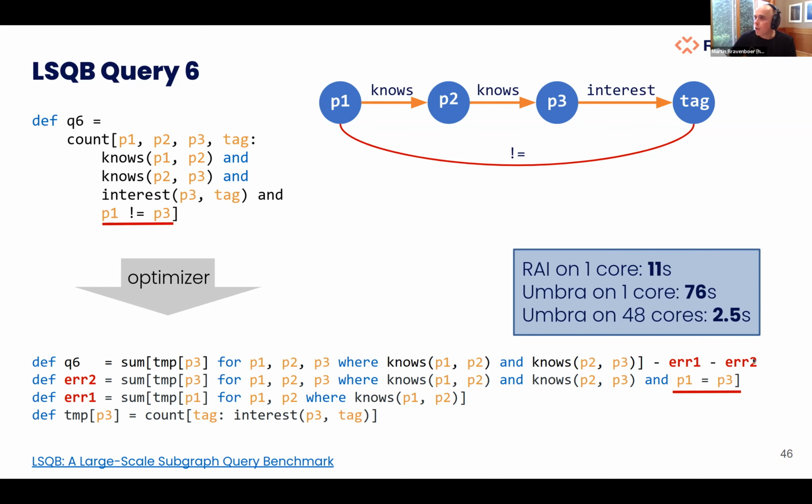Now, what you see is that we really respect Umbra, and I don't want to say anything bad about it. The point is that if semantic optimization kicks in, we are very hard to beat, because this is often such a good optimization that even on one core we are doing very well compared to Umbra on one core and Umbra on 48 cores. So this is a very effective technique that works very well, in particular for many graph queries.